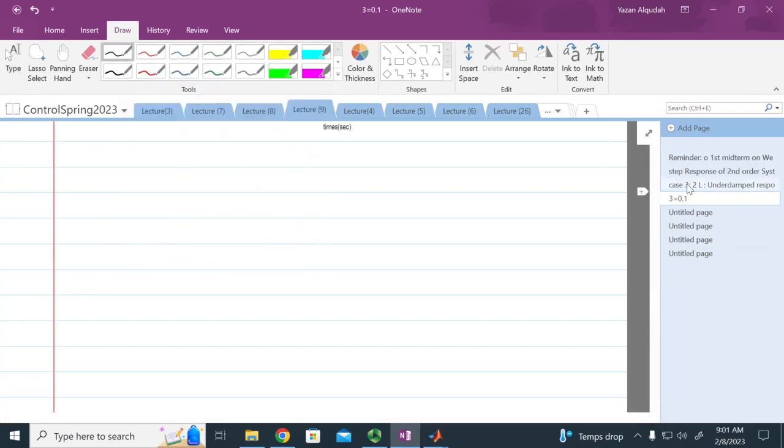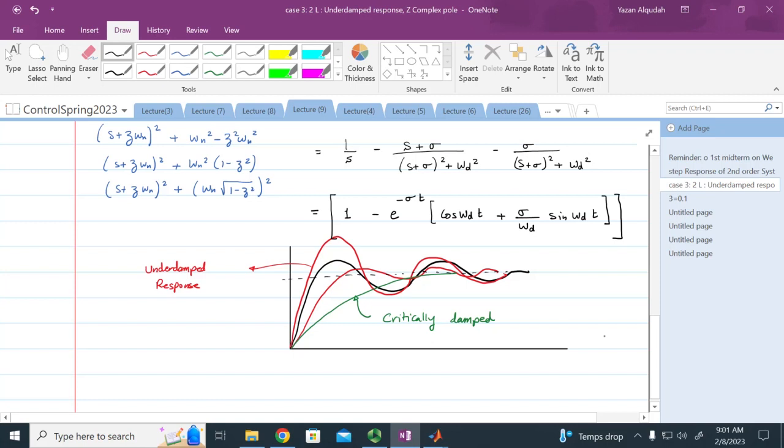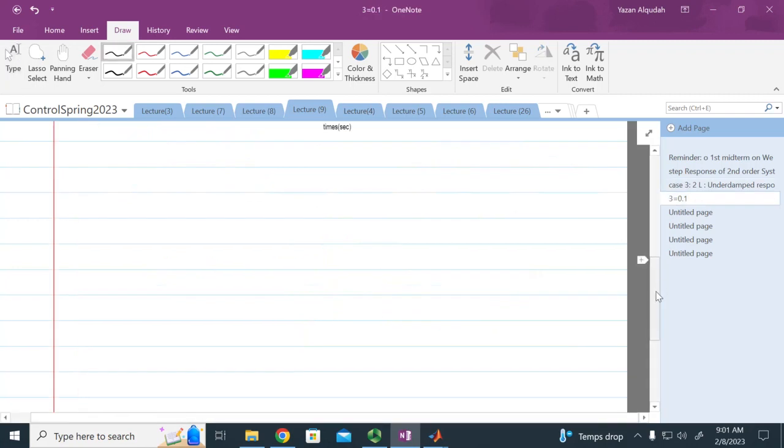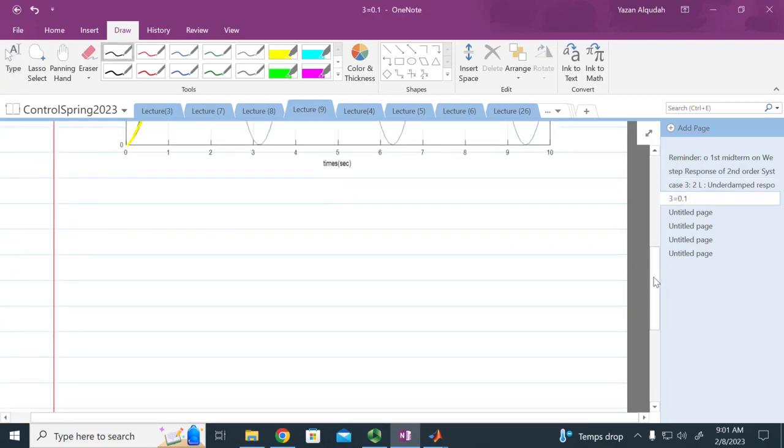So this is the expression that we got for the underdamped. Now we have a cosine and a sine. I can take this expression and combine it together in another form, similar to what we've done in the first lab. So let's just do an example. And we're going to show that second order response